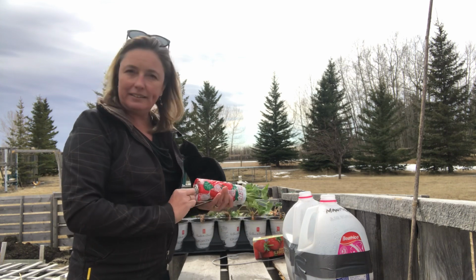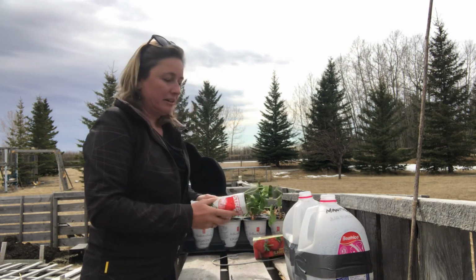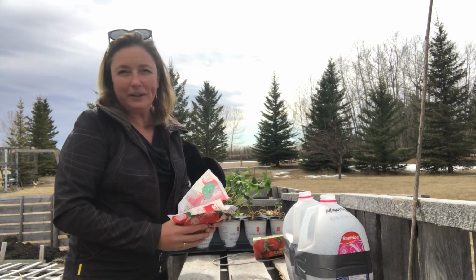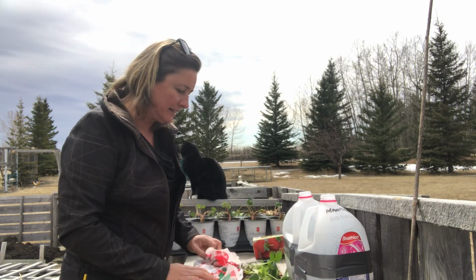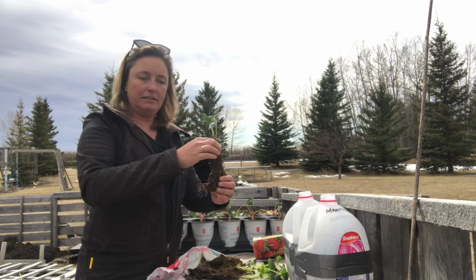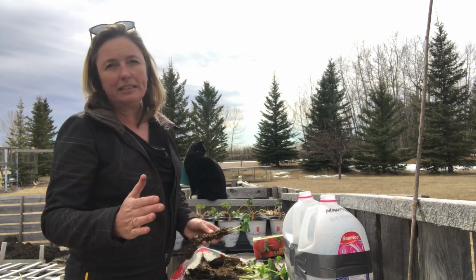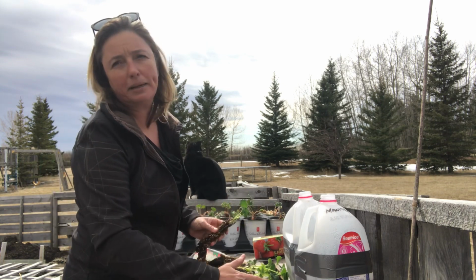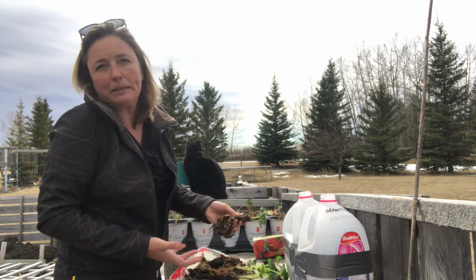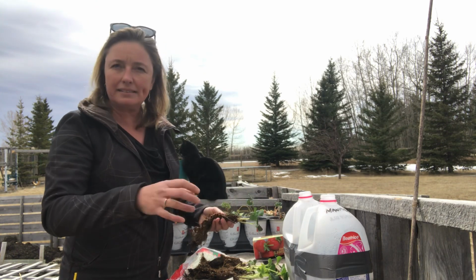I purchased these from my local greenhouse supply store, garden center, and it's a pretty good deal, right? Because basically what I get with this is 10 nice roots ready to go, and I've seen them in garden centers from $8 to $10, so they're about $1 a plant or less. That is much better than buying a 6-pack or